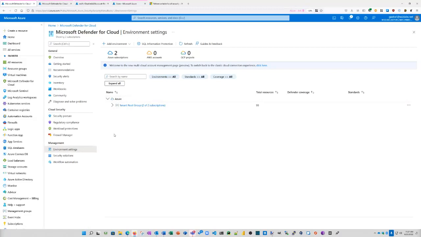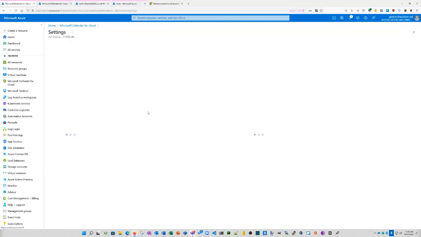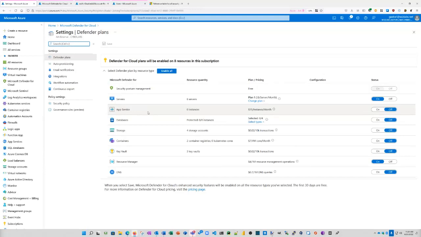Now, here you're going to have a list of all the environments that Defender for Cloud is managing, perhaps Azure, but you can also have an AWS account or GCP. In our case, we'll look into Azure. The first thing you're going to see is the management group. So you have to expand your management group until you actually get to your subscription. You click on the subscription that you wish to initiate the plan on, and then under the Defender plan, you have